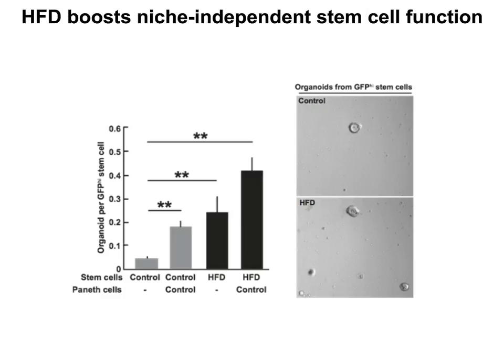Interestingly, and really surprisingly, we find that these intestinal stem cells that are derived from a high-fat diet are poised for niche-independent growth. And these stem cells are as clonogenic as control stem cells that are co-cultured with control Paneth cells. Moreover, these high-fat diet stem cells can still receive and respond to cues that are derived from the control Paneth